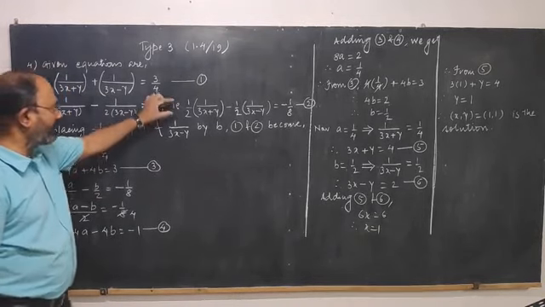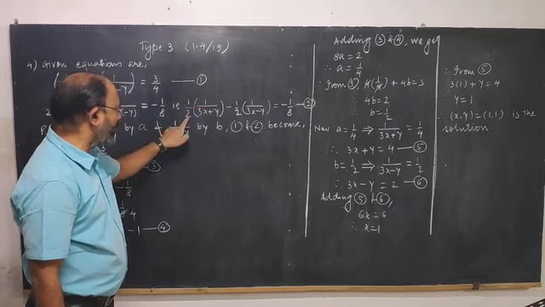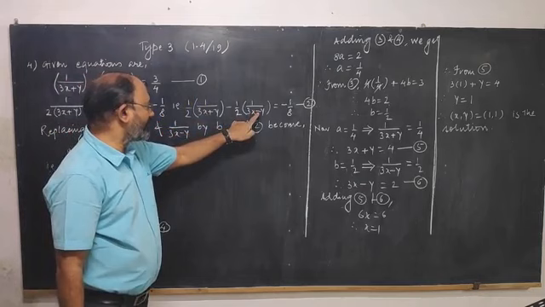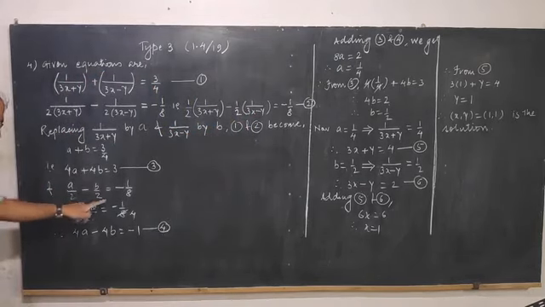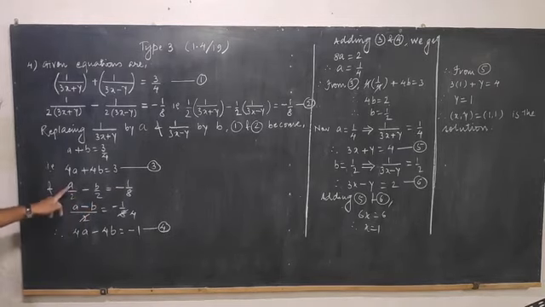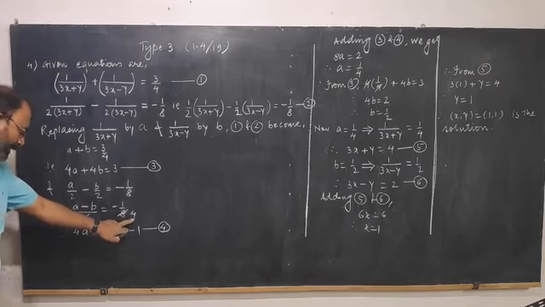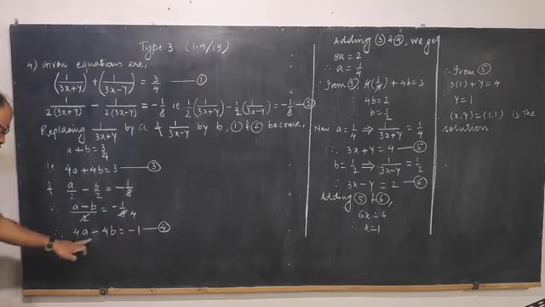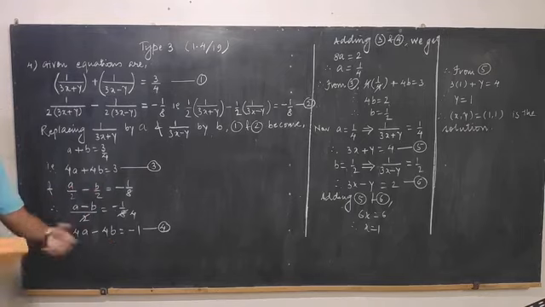And the second equation becomes 1 by 2 into this full bracket is a, so 1 by 2 into a means a by 2, and this will be b by 2. So a by 2 minus b by 2 is equal to minus 1 by 8. The denominators are the same, so the LCM will be 2. A minus b upon 2 is equal to minus 1 by 8, and this 2 and this 8 cancel, so you get 4 here. Cross multiply, and you get 4a minus 4b is equal to minus 1. So this is of the type 4a plus 4b, and this is 4a minus 4b, easy to solve.